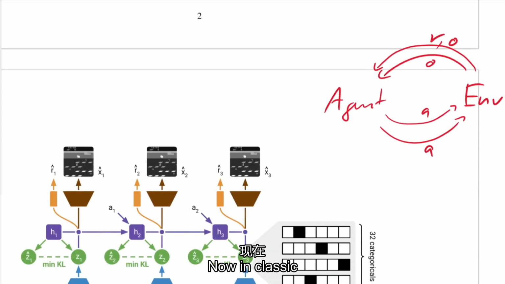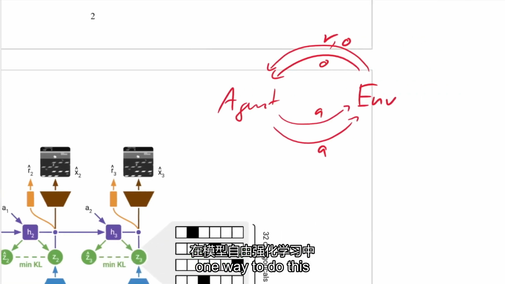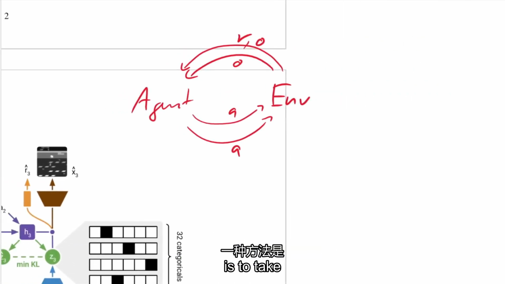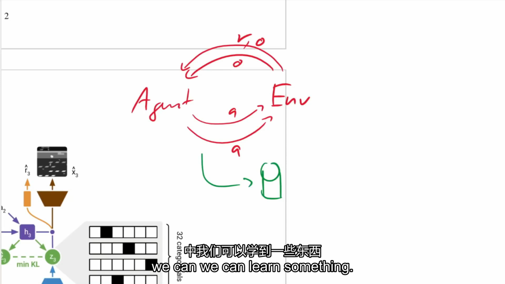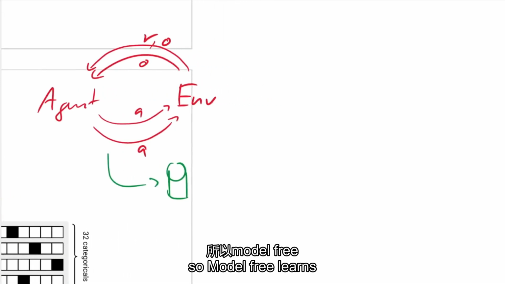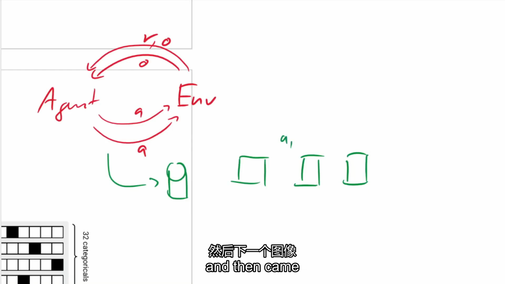All right. Now, in model-free reinforcement learning, one way to do this is to take this right here. As you play the game, you collect data, right? So let's assume we collect data as we act in the world. And from this data, we can learn something. So model-free learns from the raw experience. So an episode will always be a series of images, right? And actions you have performed. So here is an image, and I have performed action 1, and then came a next image, and I've performed